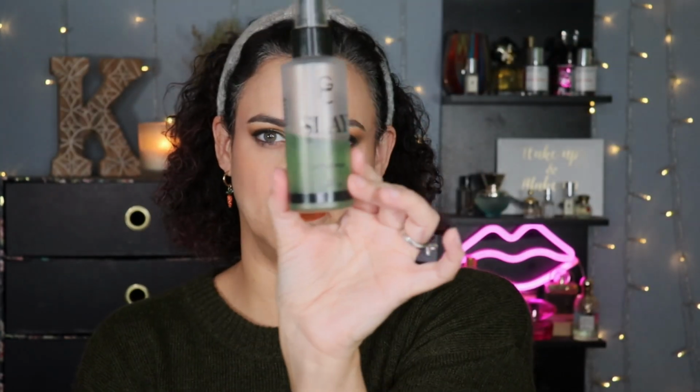Then we have a setting spray. This one is from Gerard Cosmetics, one of the Slay All Day setting sprays. This one is the Mint Chocolate Chip. It is very heavily fragranced. I happen to love the scent of it, so that doesn't bother me at all. I have gone through a multitude of these setting sprays, and I really do enjoy them. I do have one more left in my drawer. I believe it's the coconut scent that I will use when this one is complete, and then it's time to